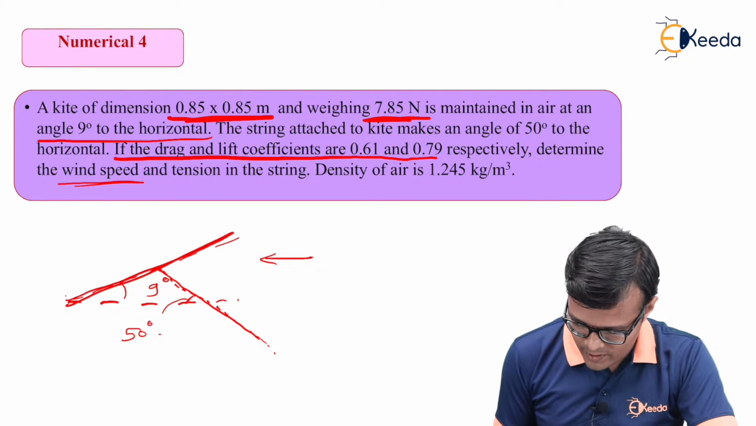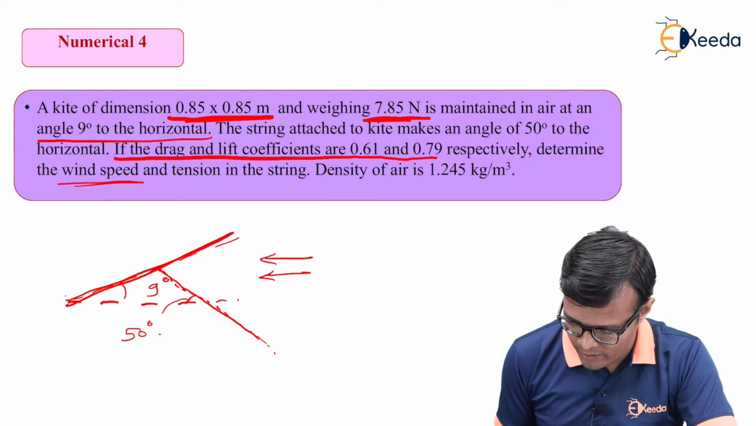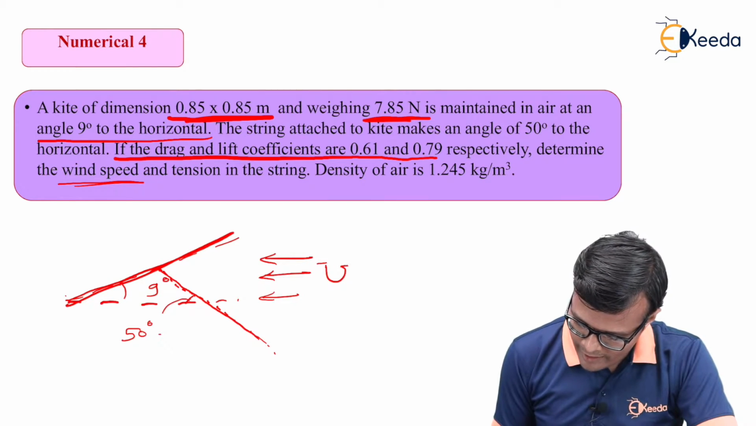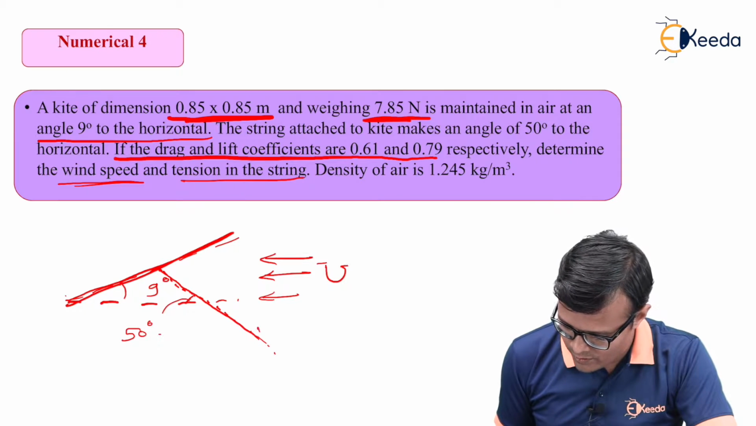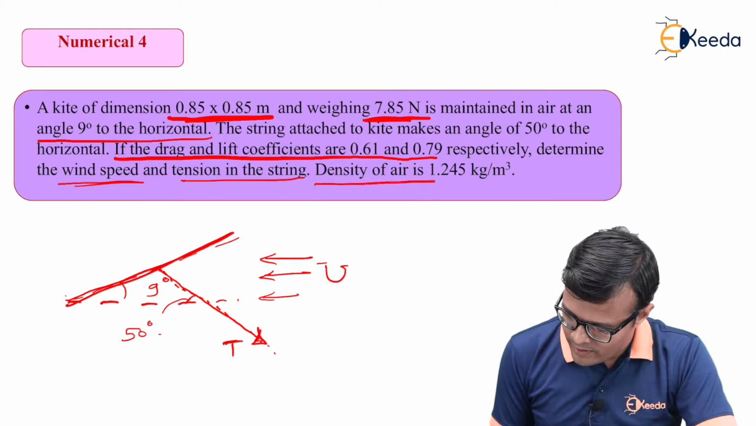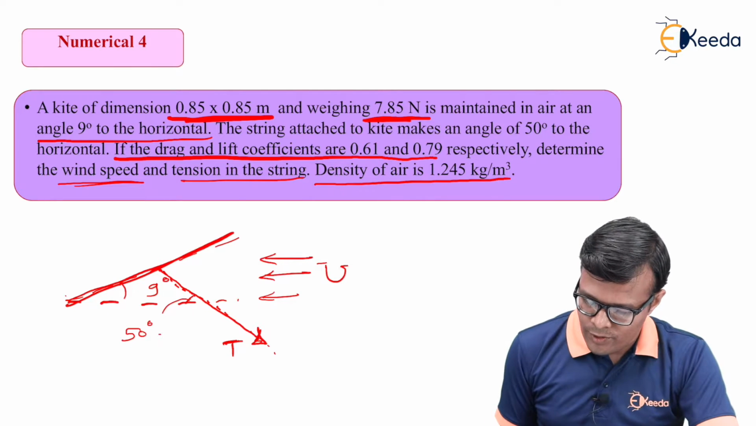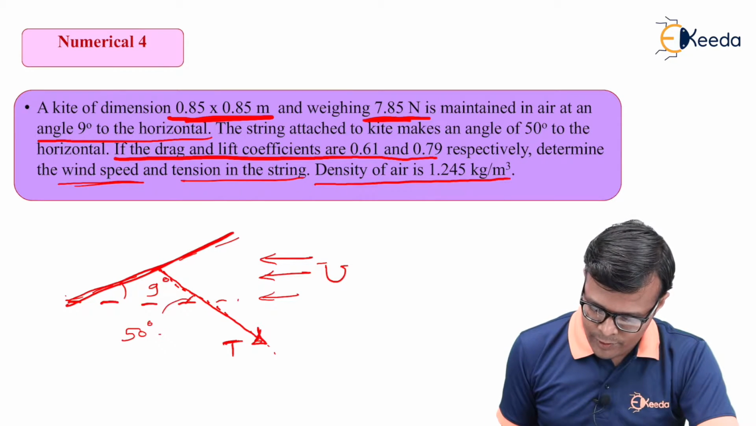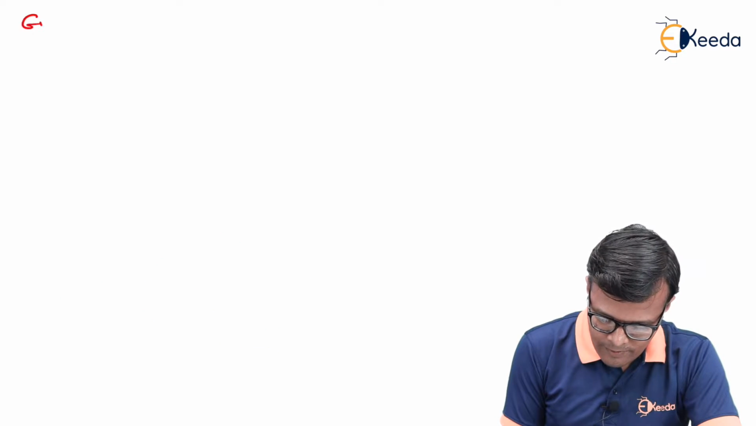If this is the inclination, then it is obvious that wind will be flowing in this direction. So we have to calculate this U, and the tension in the string. Density of air is given to us as 1.245 kg per meter cube. So given data,